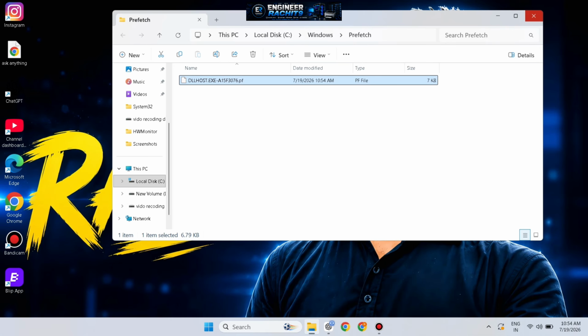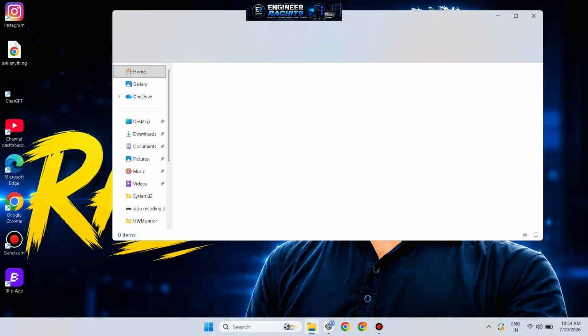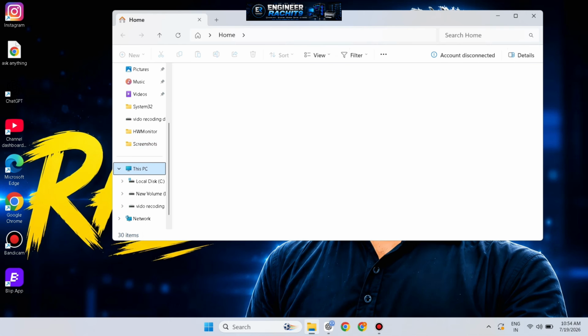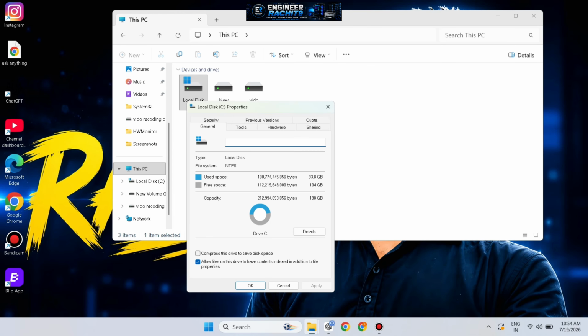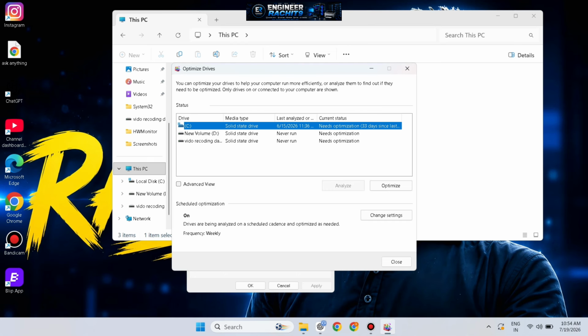Now let me show you a useful tool that can help speed up your C drive. First open the C drive. Now right click on the C drive and select properties. Next open the tools tab and click optimize, select C drive and click optimize